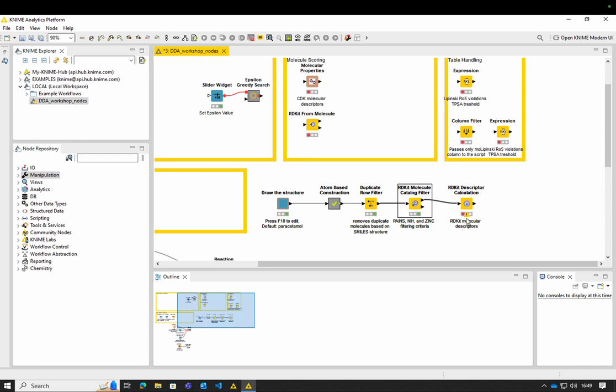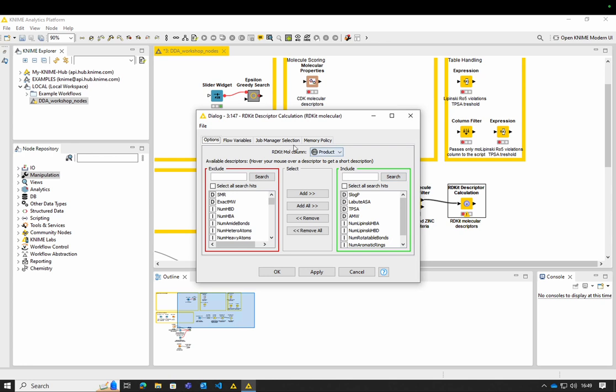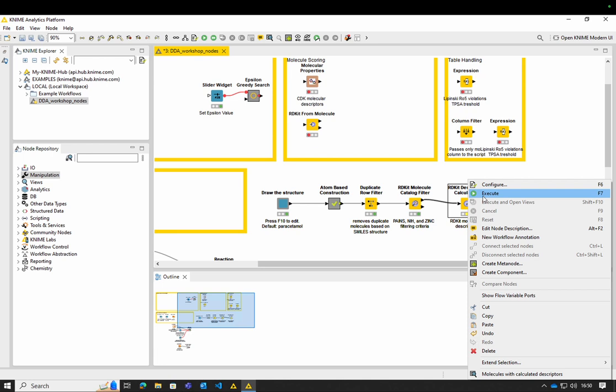You'll see this little warning sign. That's because it hasn't automatically identified what the molecule column is. If we right click, configure, we can set the RDKit molecule to the product, and it will automatically detect and do the transformation into the descriptors. A few key things here: there are several descriptors that we have pre-selected, and there are many more. To select any of these, we simply click any that we would want. For example, number of amide bonds, we can press add, and that will add that descriptor to the list. We can then press apply, OK, right click RDKit descriptor calculation, execute, and right click then